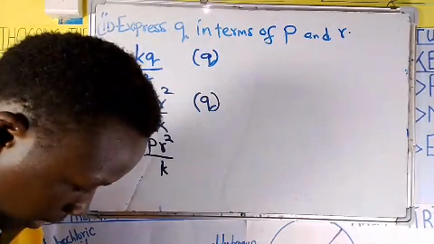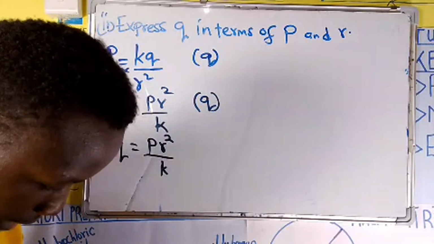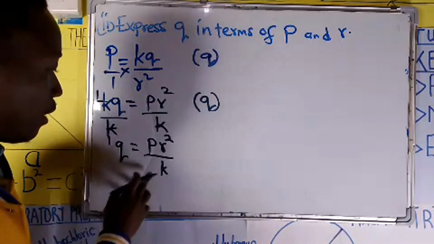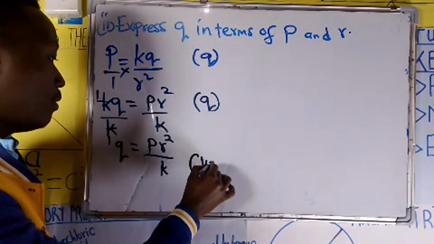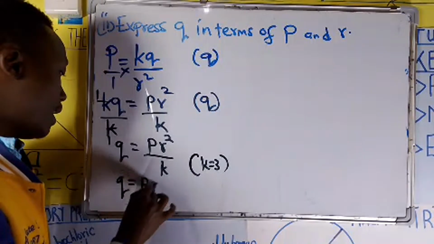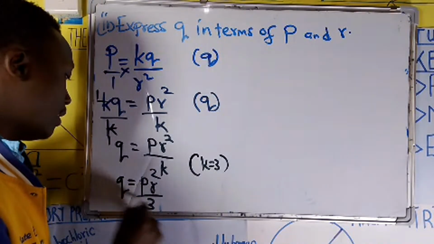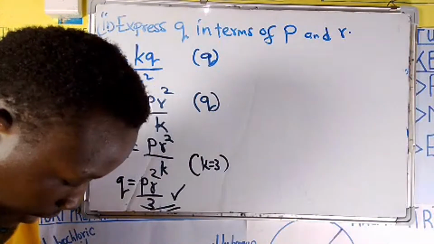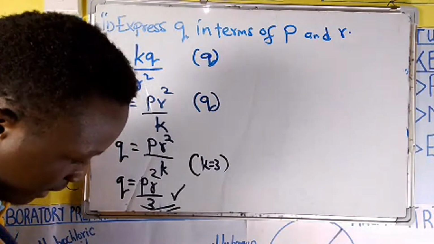Now our K was equal to 3. We have already obtained our constant. Don't forget that our K was equal to 3. So our Q is going to be PR squared over 3. Then after doing that, the next question,